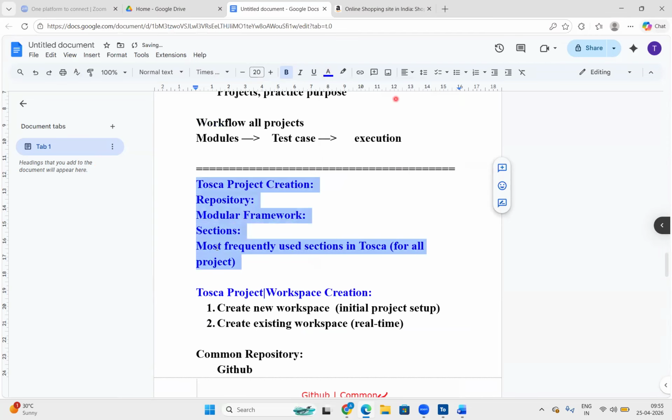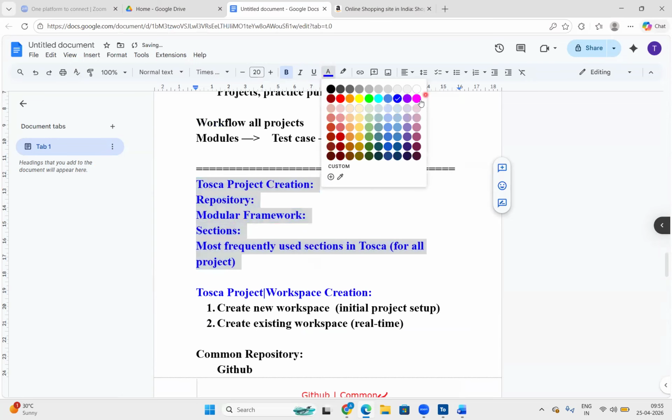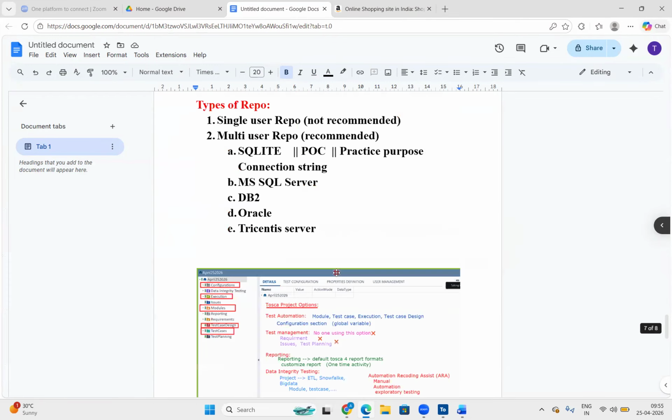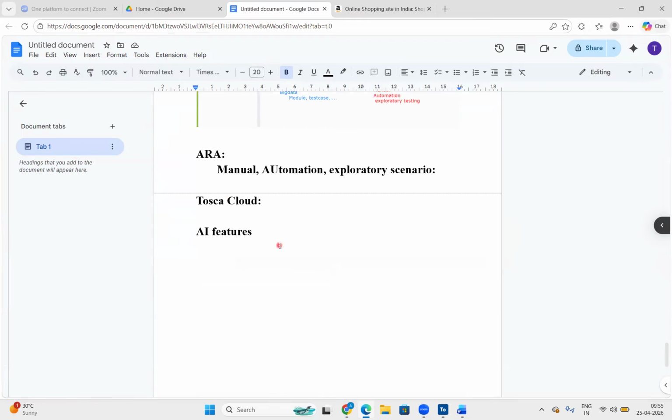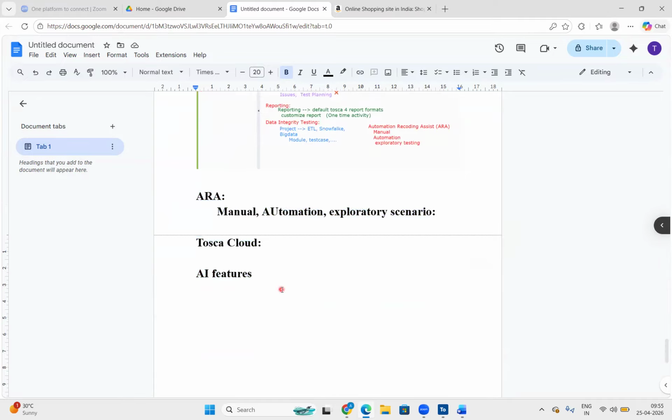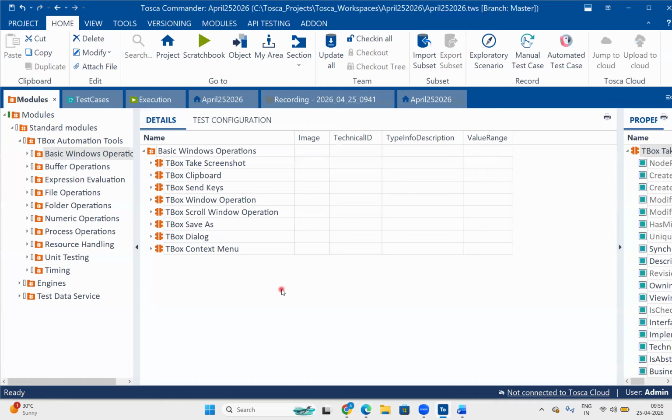So all these points I explained so far. One is Tosca project creation and the repository, the modular framework, the total number of sections, the most frequently used sections in Tosca. Along with that, what are the additional features given by the Tricentis company? That is the ARA feature, Tosca Cloud, and AI features. Team clear?